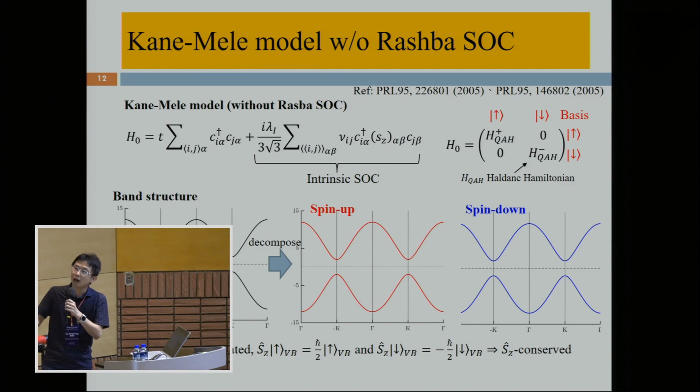So if we only consider these two terms, the Hamiltonian model can be regarded as consisting of two independent Haldane models with opposite spins. Therefore, both the spin up and the spin down states are the eigenstates of the Sz spin operator. So Sz is conserved in the Kane-Mele model. For this reason, we can perfectly decompose the band structure